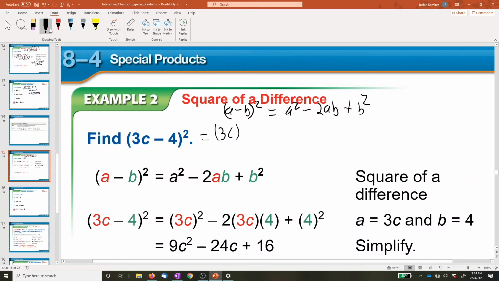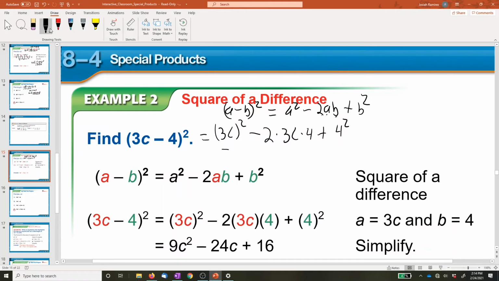(3c) is going to be squared, minus, we're going to do 2 times a times b. A is 3c, b is the number 4. It's not negative 4 because we already put the negative sign right there, so we don't have to put the negative 4 right here. I'm going to show you something in a second though, after we finish this one. Plus 4 squared,